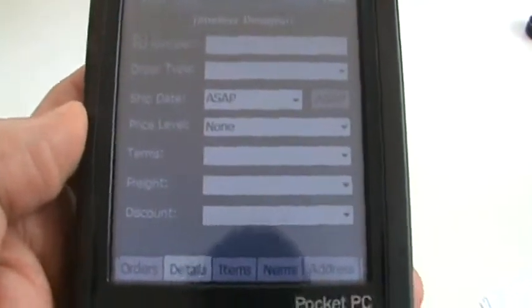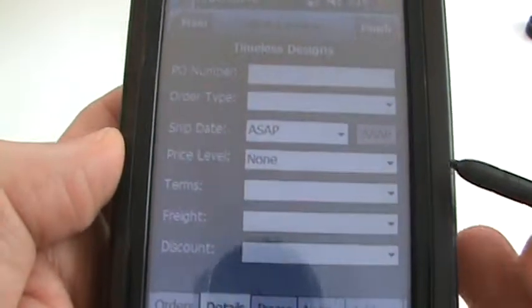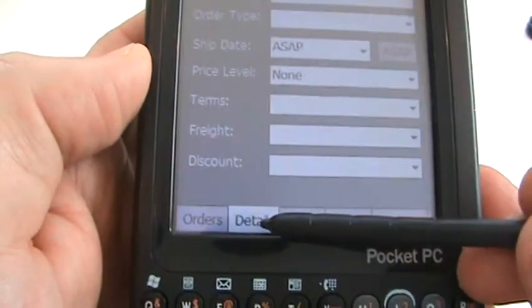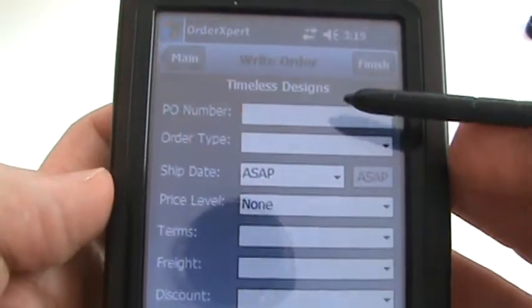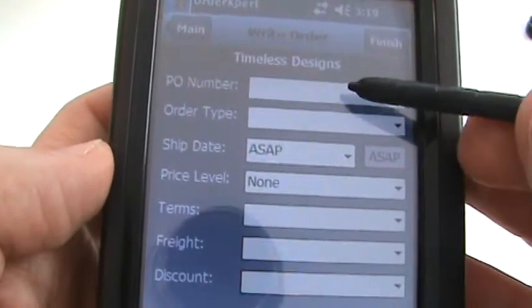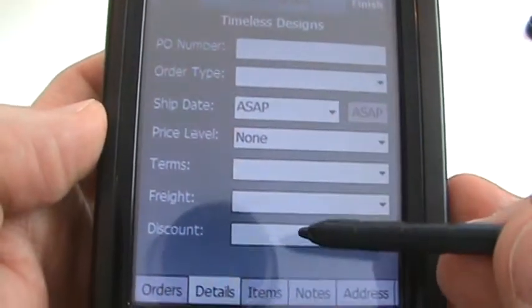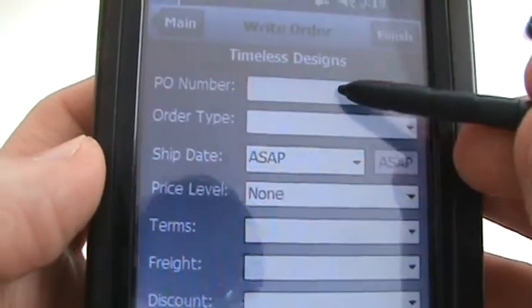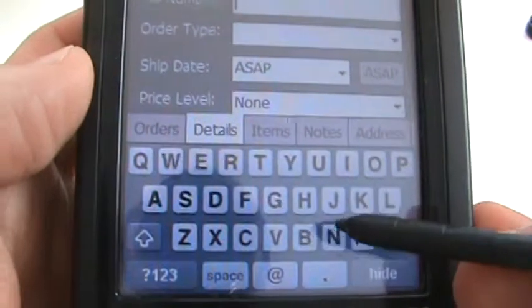This video will show you how to work on your order. We've already selected the customer, Timeless Designs, and we're at the order details screen. This gives us the opportunity to enter in a PO number, order type, and various fields that will be printed on the order. If the customer gives you a PO number, you can click in this box up here,